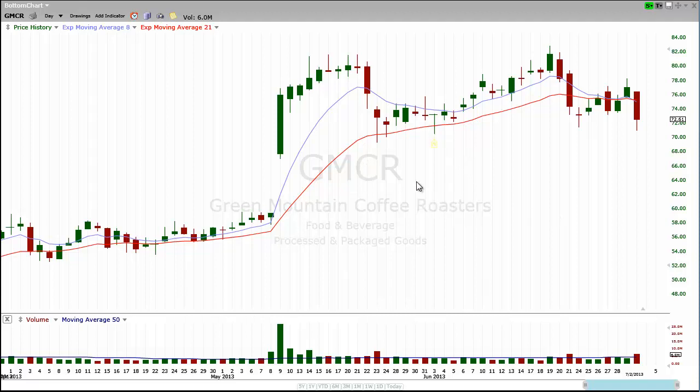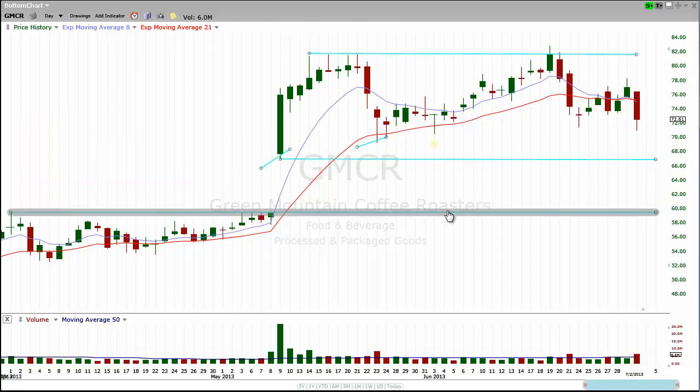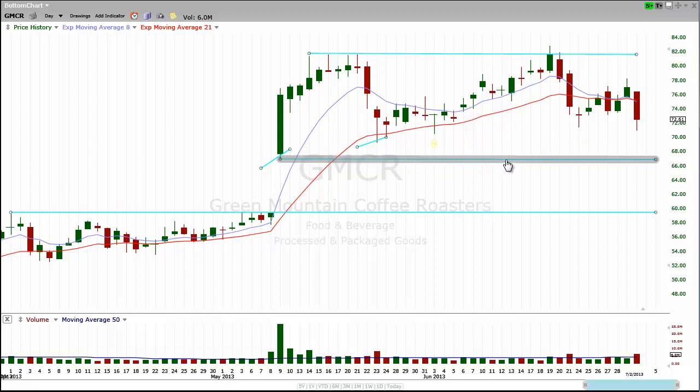on GMCR. So the idea is GMCR got the prior earnings super strong, created a pretty clear resistance level here that was tested and breached, but ultimately failed to hold, and it's been kind of trading in this range ever since. So my bigger picture idea is eventually it's going to have to fill this gap, and below kind of this area and this area, I am definitely looking short, and I'm definitely going to short